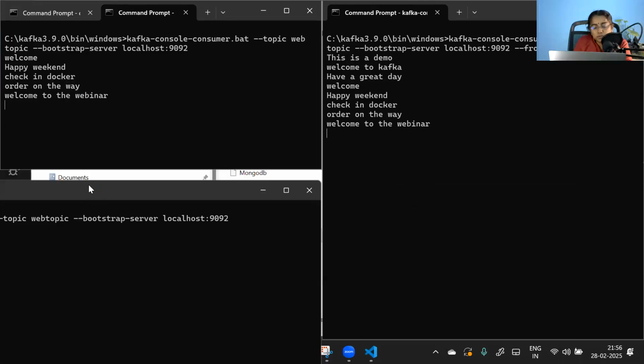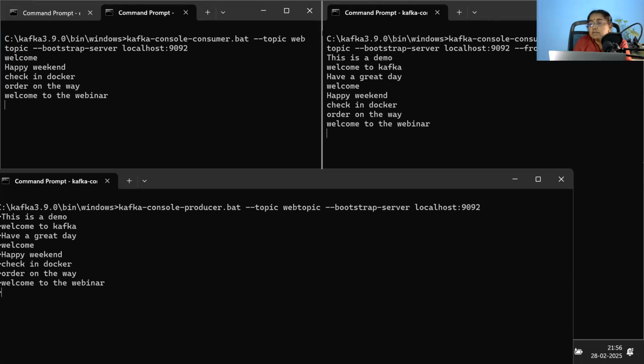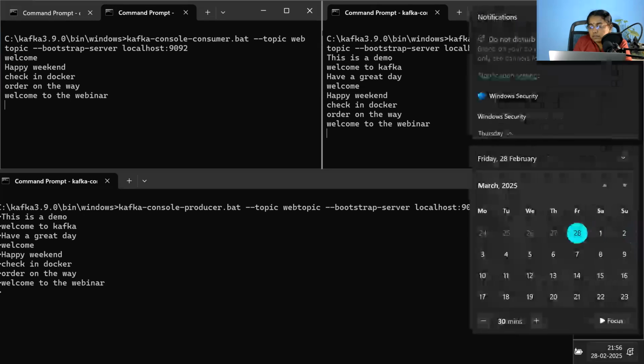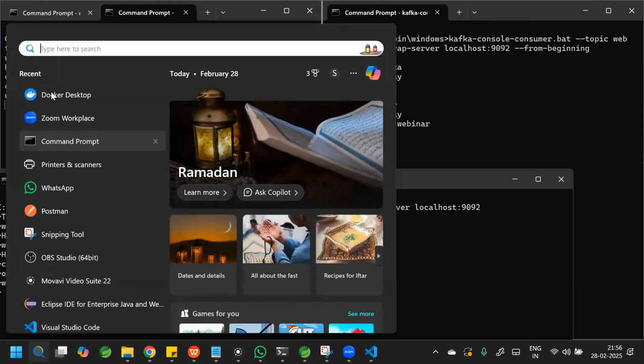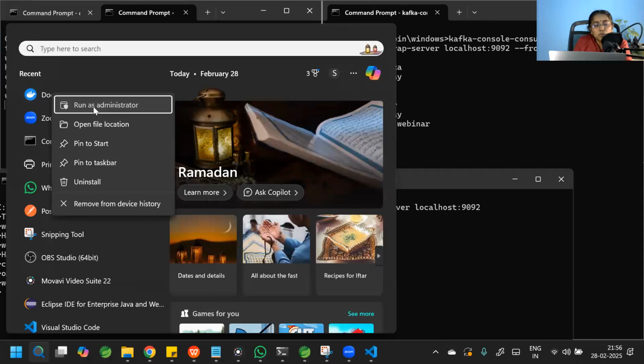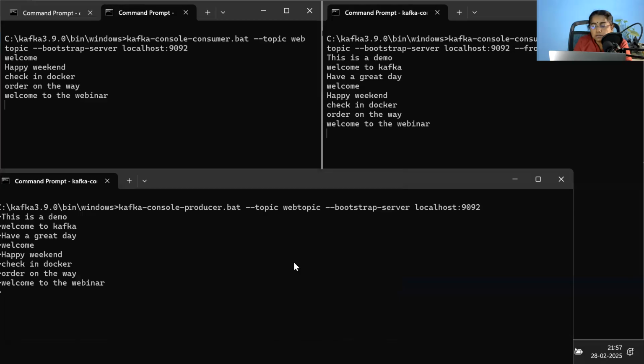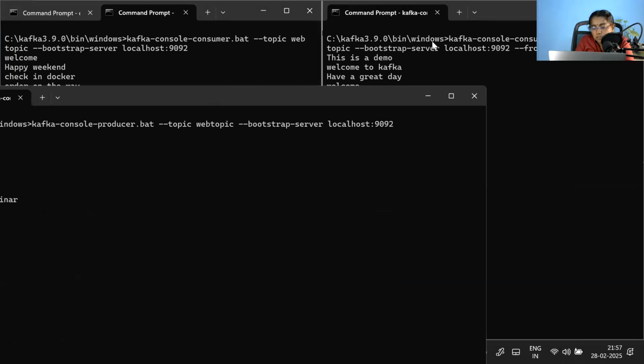Anybody got this one, whatever I'm showing? Yeah, I was able to create the topic in Docker. Very good. Okay, then let me open my Docker. Yes, exactly. It's like socket programming, but it is real streaming, event streaming. Just like your chat application, what you would have done in your